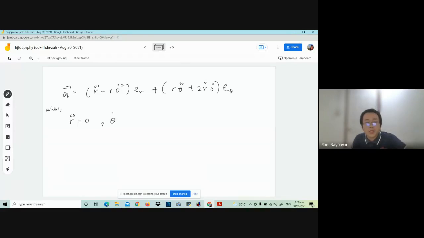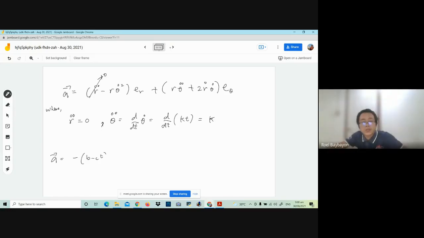How about theta double dot? Theta double dot is the derivative of theta dot. This is given, theta dot is kt. So therefore, theta double dot is equal to k. So therefore, I can get the acceleration, which is equal to this. This term becomes zero. So I have minus r, where r is equal to b minus ct,